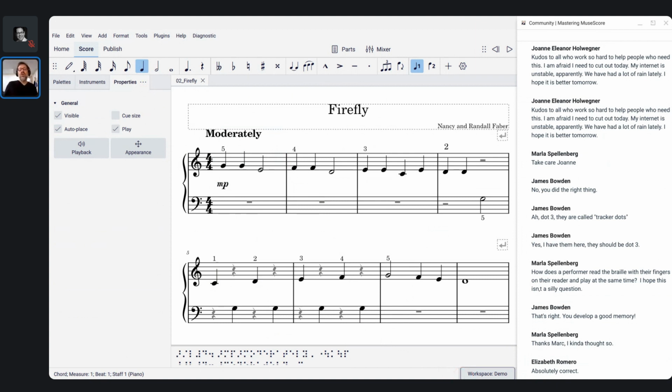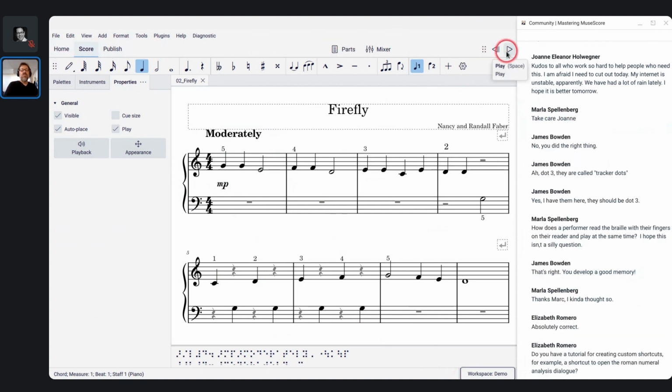And in old school interfaces, the interface here has, I don't know how many controls, like 30 or 40 controls visible: home, score, publish, parts, mixer, rewind, play, note input, 64th note, 32nd. It's got a zillion things, and Tab would have to take you through each of them individually. So that works, but